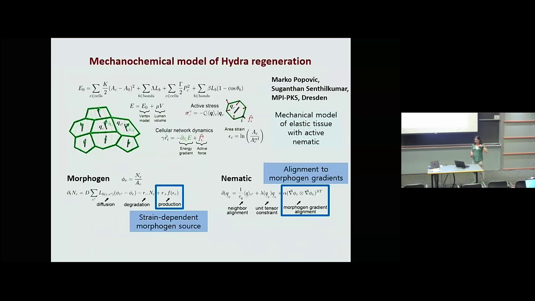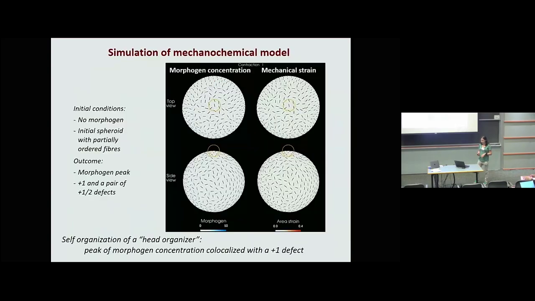Okay, so this very briefly, but in the model, we can actually investigate the feasibility of this feedback fully by including an additional field, the morphogen field, and then the feedback manifests in the fact that the morphogen field has a production term that is strain dependent, and then the nematic has a term that tends to align it with the direction of the gradient, and from this, we can get,